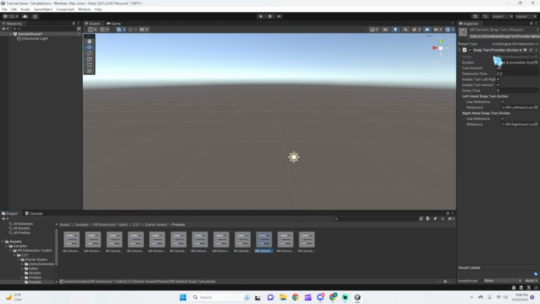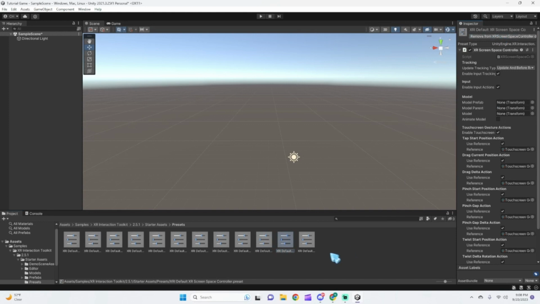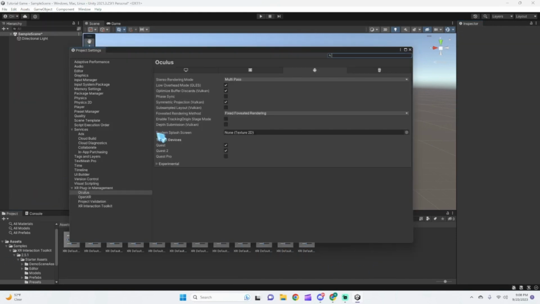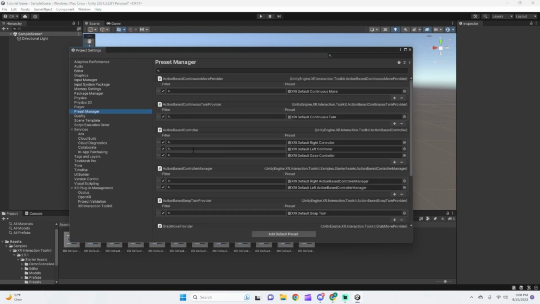It shouldn't take me this long. Just trying to speed this up. Okay, now that you guys are done with that, go to Edit, Project Settings, go to Preset Manager, and then